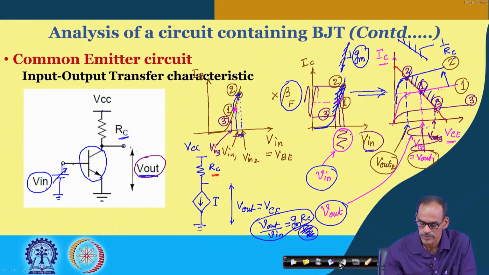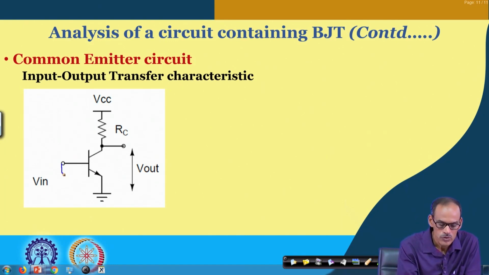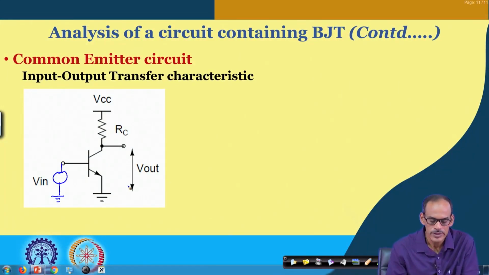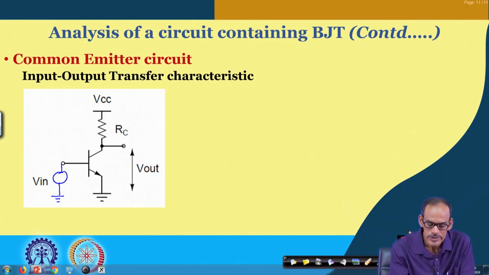So, we do have the same circuit here. So, instead of giving the DC signal, we may call this Vin, and whatever we are observing here, we call it Vout. And as we have discussed in the previous slide, if I vary this input over a wide range,